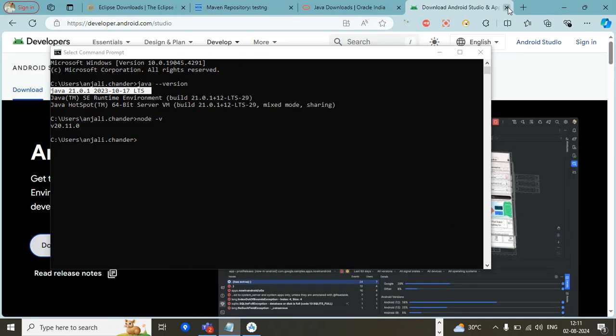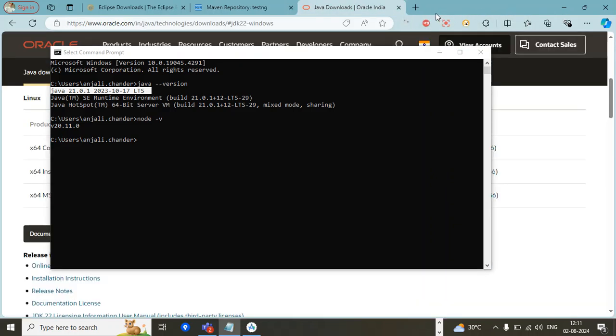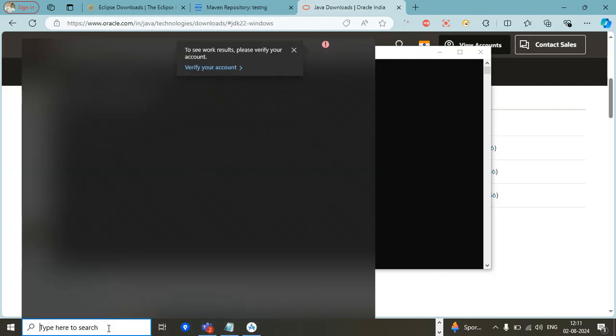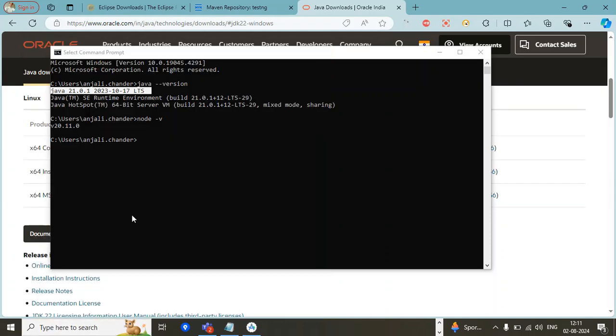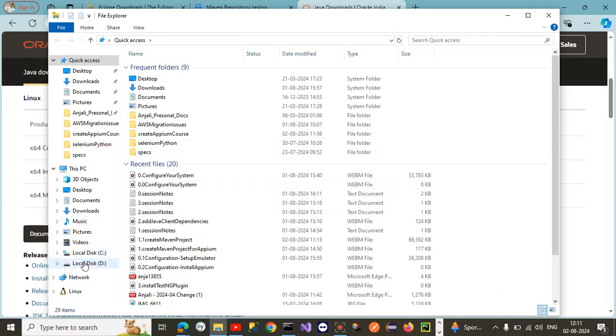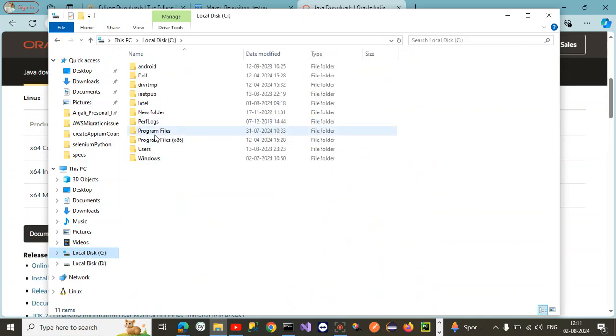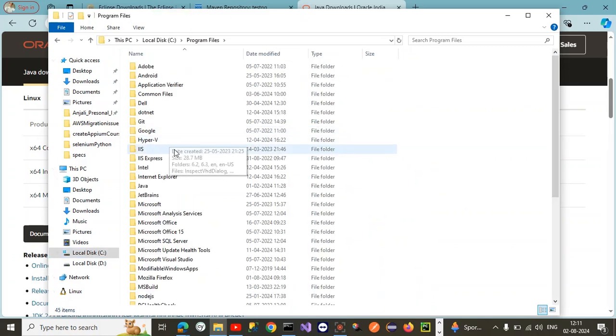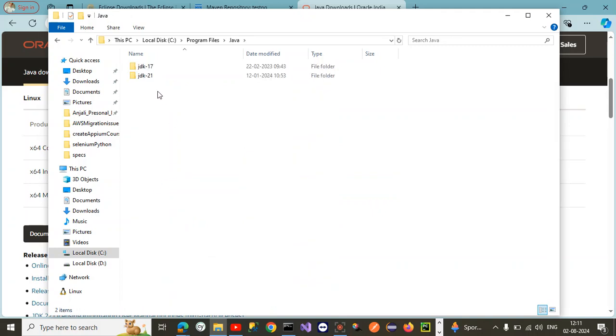So this is it. You have set the paths for Node.js, for Android Studio. Yeah, the last path that remained was Java JDK path. So wherever you have installed your JDK, you can search for it by Explorer. Go to the file section, program files, Java.